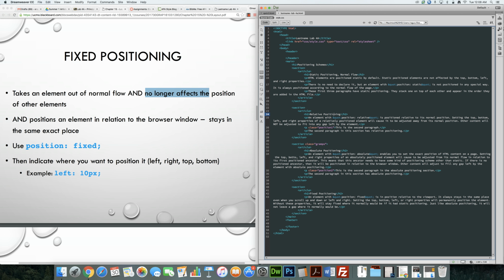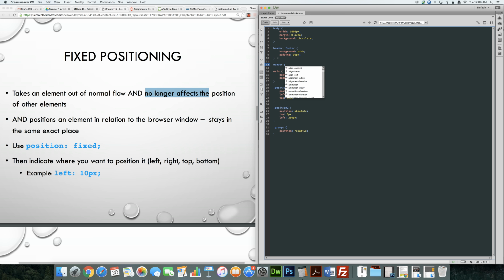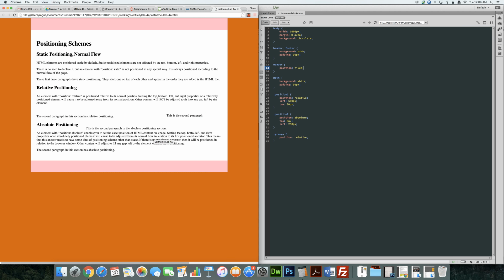Let's save that. Go to your CSS, and we'll add a header selector. And I want to do this because I don't want the footer to have fixed positioning. I only want the header to have that. In this header selector, add this declaration, position: fixed. Save that. And now when we look at our preview and refresh it, you will find that